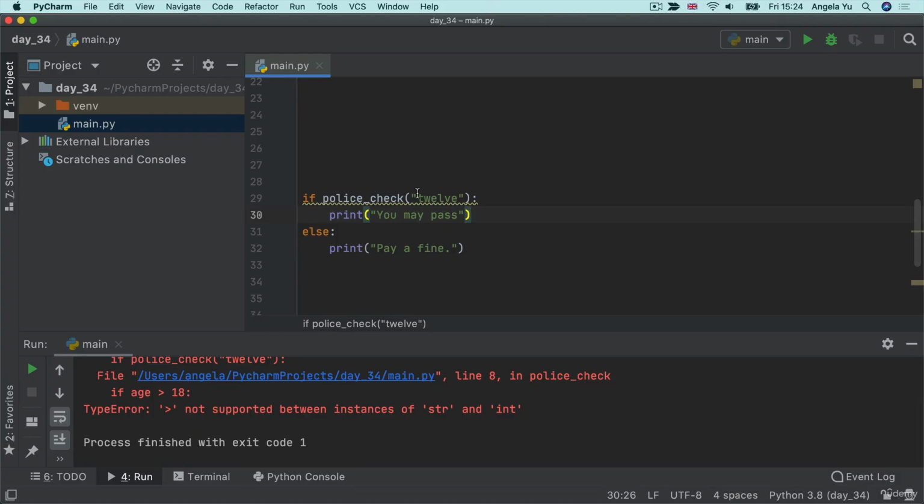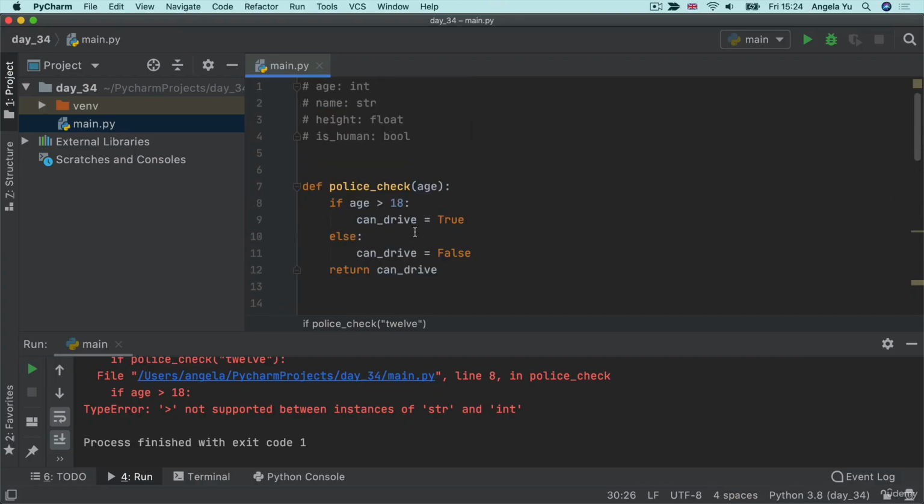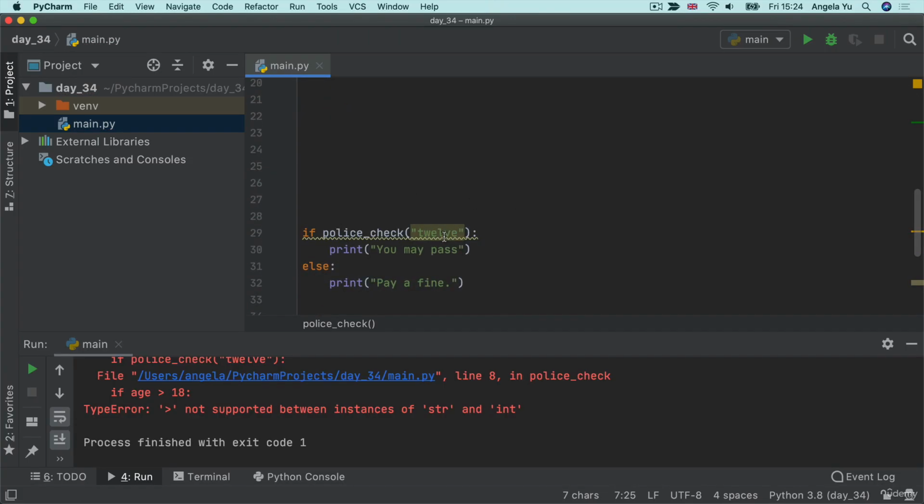app. One of the ways that we can make our lives a little bit easier is by declaring a type for this input. So we do it in the same way as you see above. We can add a colon and then we can specify the data type of this particular input. So now when we actually write this line of code, you can see immediately we get this part highlighted, and if I hover over it, it tells me that this input expected a data type that's an integer, and instead I gave it a string. So this is a quick hint for us to fix our code before we even run it and get into